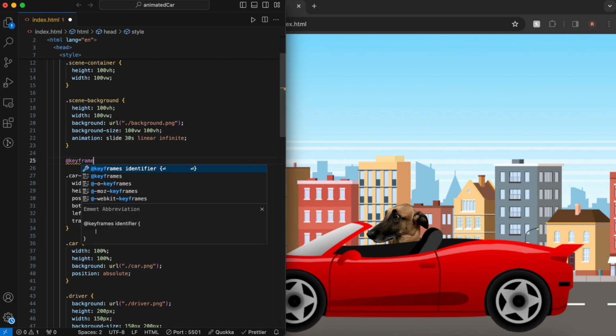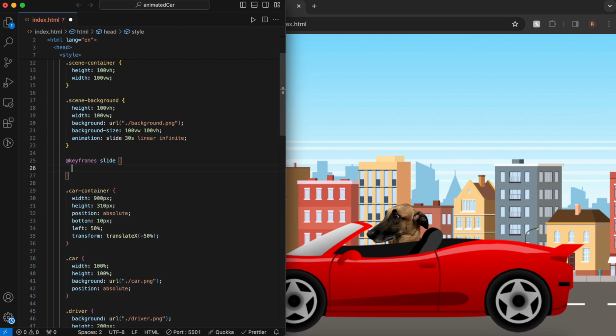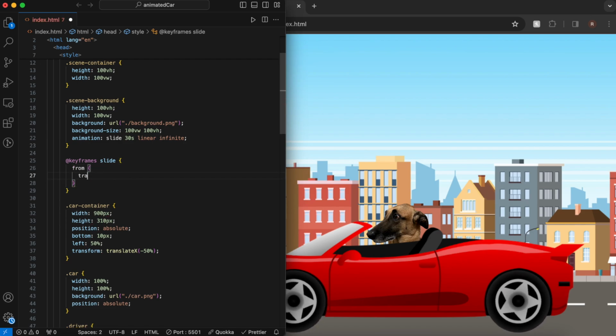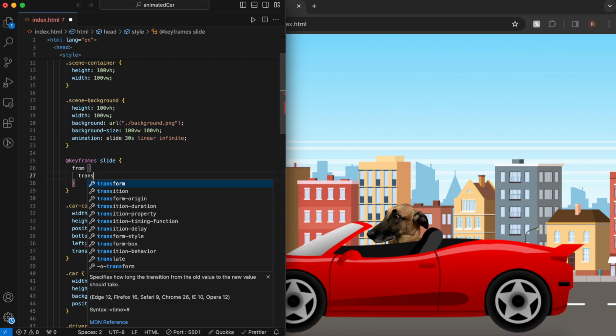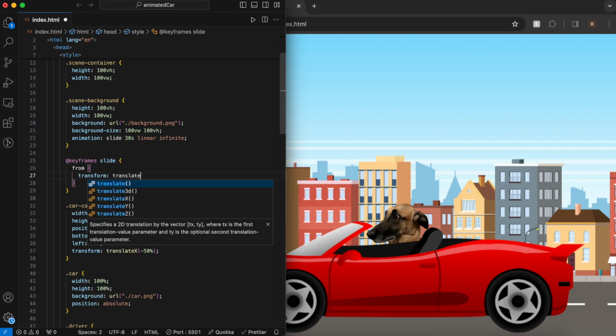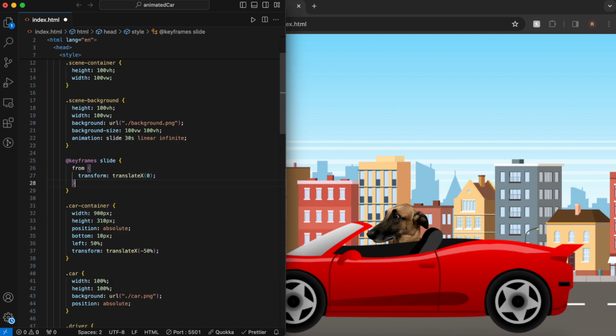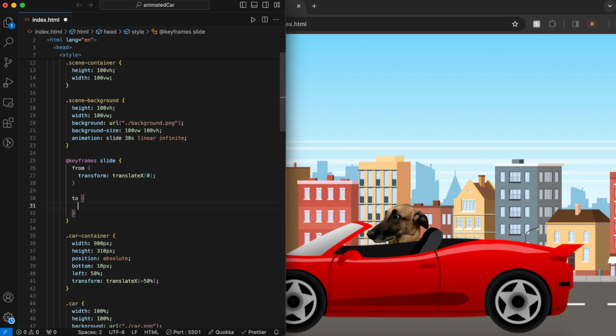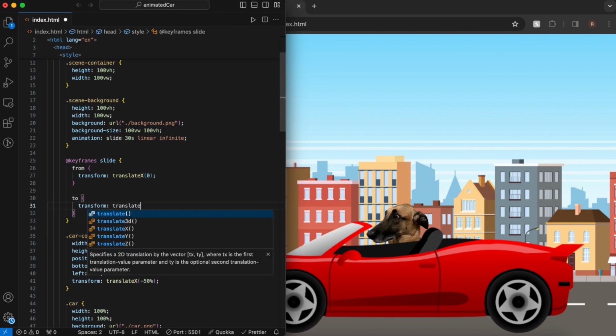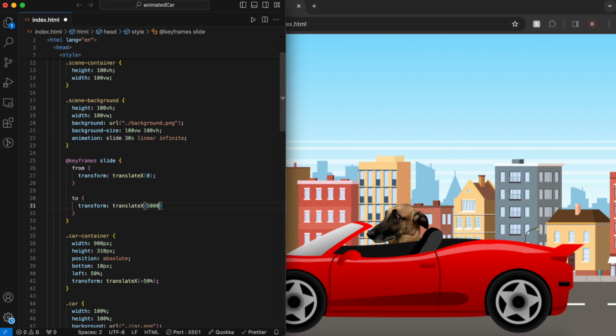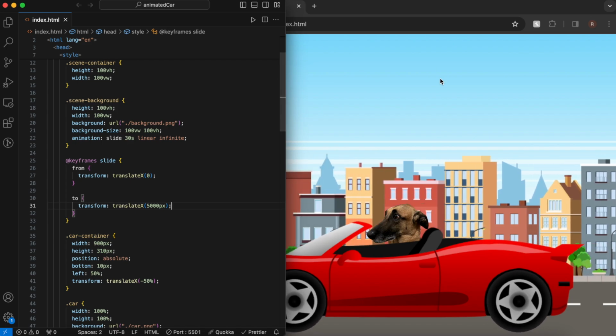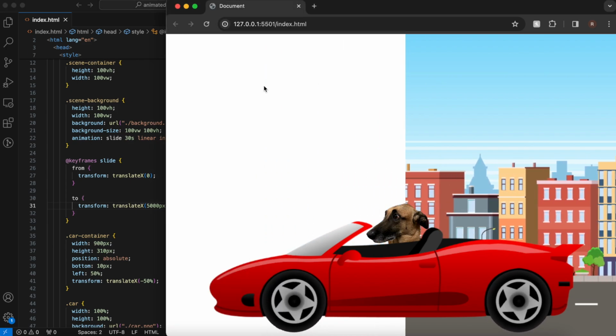So let's set up our keyframe. We're going to go ahead and name it slide. Then what we're going to do is we're going to go from a transform property of translateX 0, and then we'll go to, and what we're going to do here is we're going to change the transform property to translateX 5000. And so if we hit save, we see that there's some movement horizontally, which is really cool, but we're